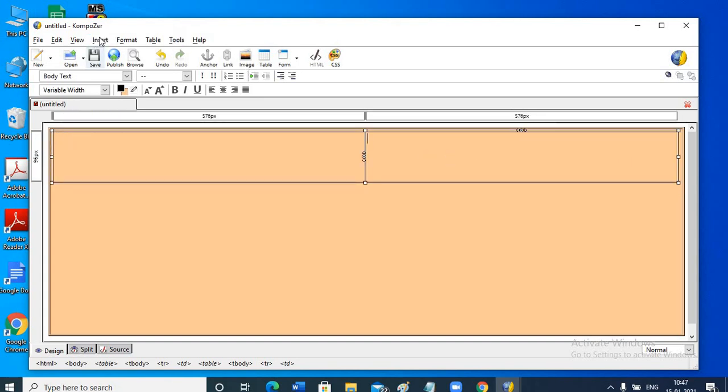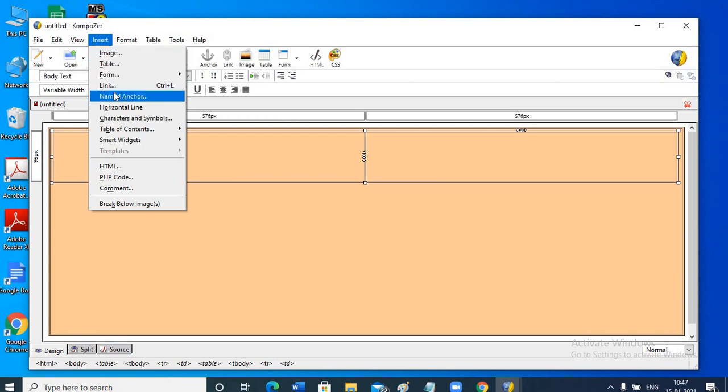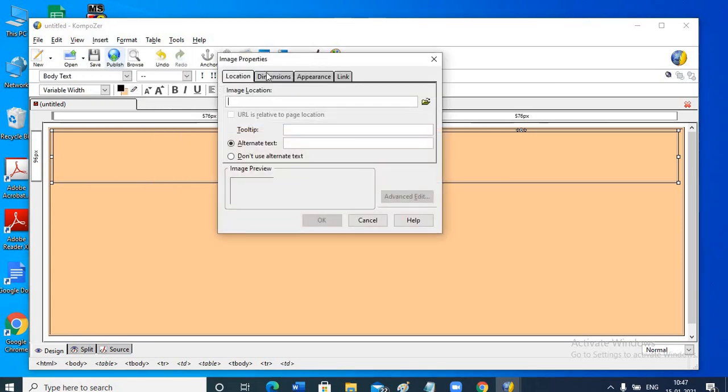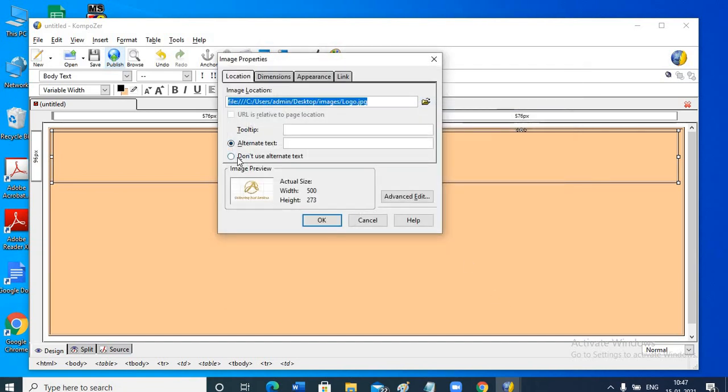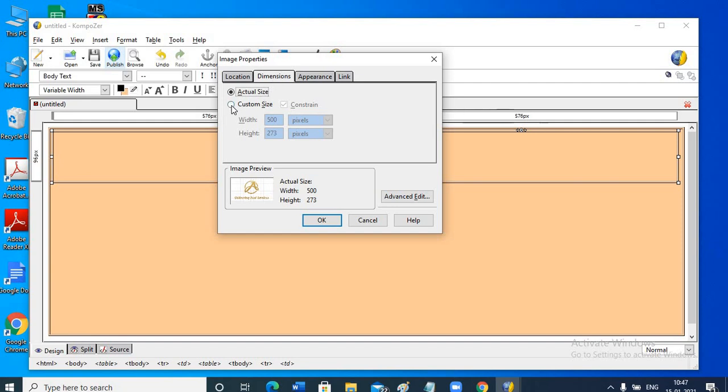In this cell, insert image. Location, select the image file. Open. Do not use alternate text. Dimension, custom size, width 100.